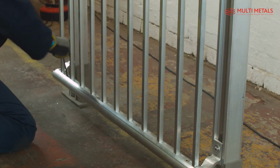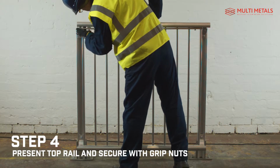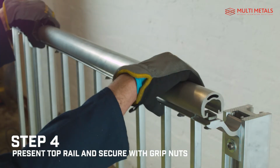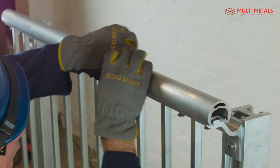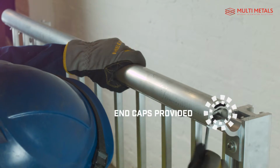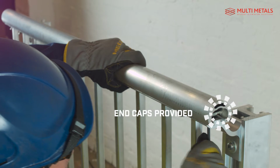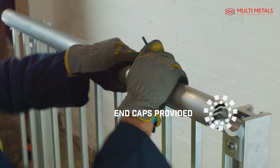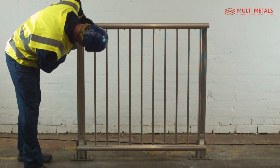With the grid in place and the bolts securely tightened, it's time to present the top rail. Like the bottom rail, the top rail is supplied cut to length for your project. Align the grip nuts and simply present the top rail and secure the top fixing brackets. If the rail is supplied fixed to the grid, the job is complete. On a longer run, simply tighten the remaining bolts and enjoy the finished product, a balustrade which can be painted